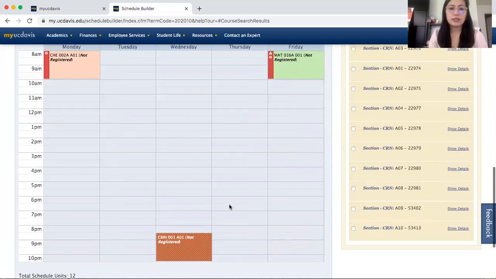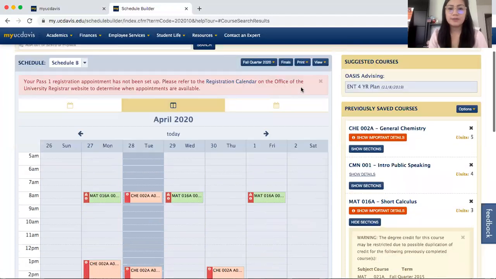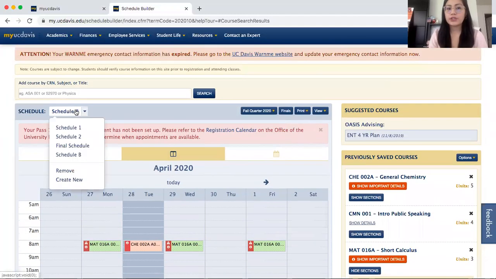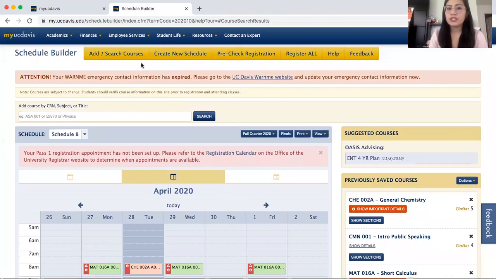Let's take a look at the final exam. Okay, great. There's a lot of space in between them. That looks nice to me. And so that's another way to create another schedule. And all the schedules will be listed on here, just so that you can navigate between each schedule. And before you go through your registration, it's a good idea to look up on here and select the pre-check